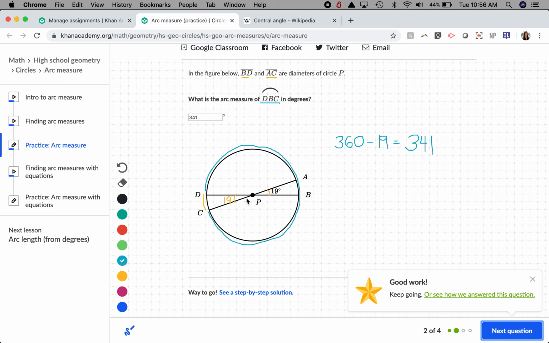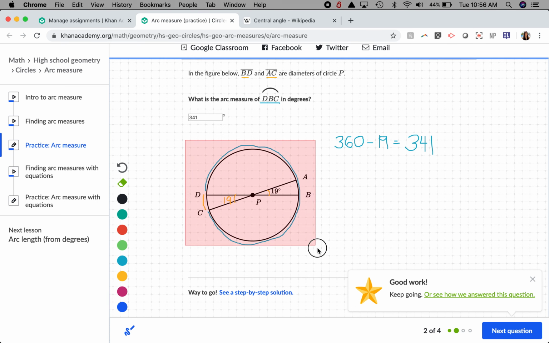That's one approach. Let's show you how to do that. So if instead I used the rule that these are supplementary and I wanted to find this angle measure, I'm going to do 180